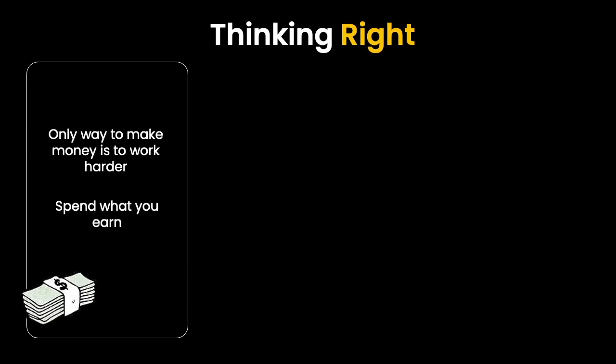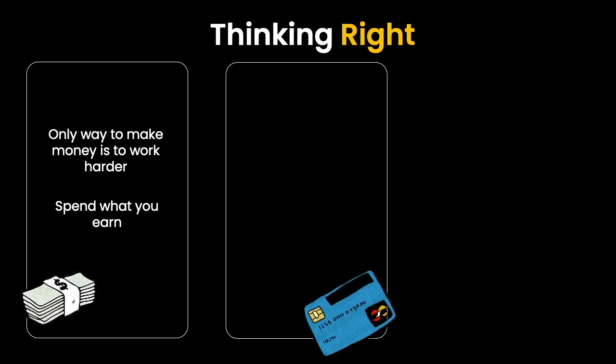Secondly, the poor way of thinking doesn't follow the concept of pay yourself first. So accordingly, the poor spend as much as they earn. Now understand, it's not the amount that matters. You could be making millions in a year. But if you're spending all that you're making, you still have a poor mindset. You will land up looking at second jobs. You will land up looking for higher paying jobs. But if your outlook towards spending does not change, you will always have a poor person's mindset. Again, a poor person is not the one who has a low level of income. It is one who spends as much as he makes.